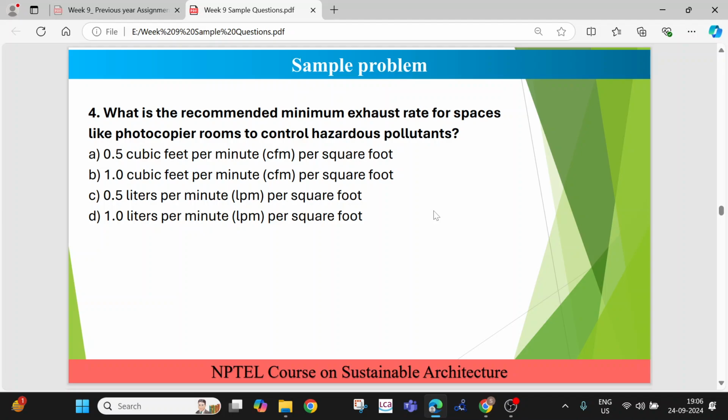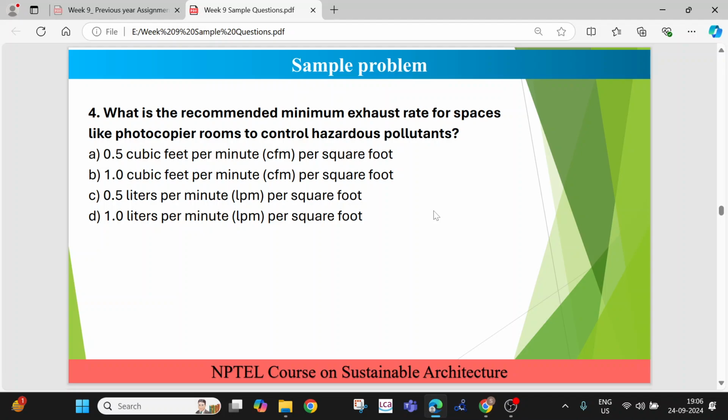So whether it is 0.5 cubic feet per minute per square foot, option A, and option D, 1 liter per minute per square foot. Only two answers I am getting, and most of you are saying A now. So A is the right answer, and whoever is saying D, I want to clear them that the exhaust rate